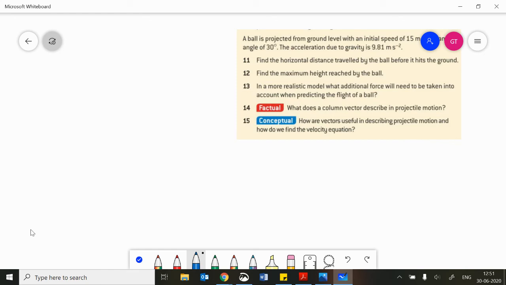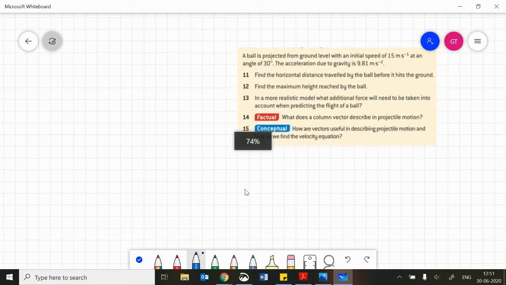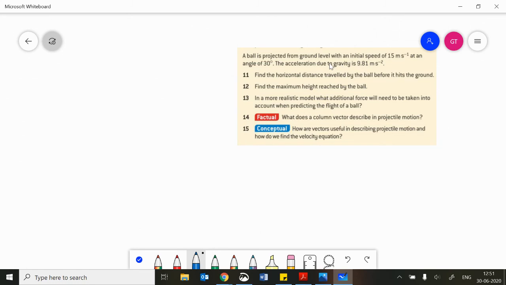It's now giving us some information. It's saying the ball is projected from the ground at an initial speed of 15 meters per second and an angle of 30 degrees. So all we need to do now is use the formulas which we've previously been working with. This is a concrete example, and they're asking us first of all, for 11,